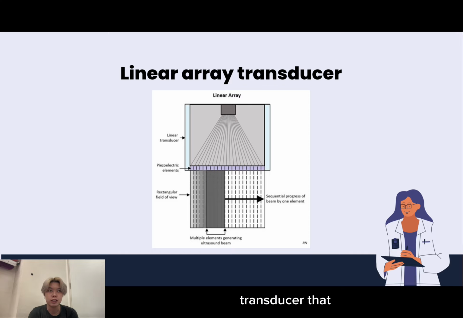The ultrasound transducer that produces images via linear array typically contains 256 to 512 elements, making them the largest assembly. Each element produces a scan line that makes up the ultrasound image. An ultrasonic beam is created by combining several nearby components and emitting it at an angle of 90 degrees to the transducer head. To create a broader aperture and more functional beam shape, several parts of 5 to 20 function as a single unit. To acquire the image, the created ultrasonic beam moves sequentially one element at a time along